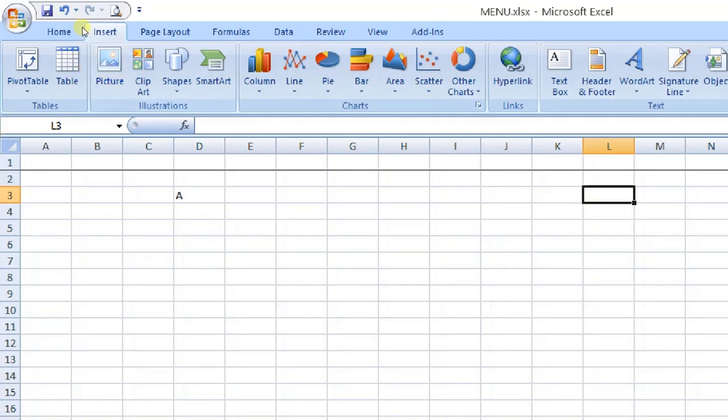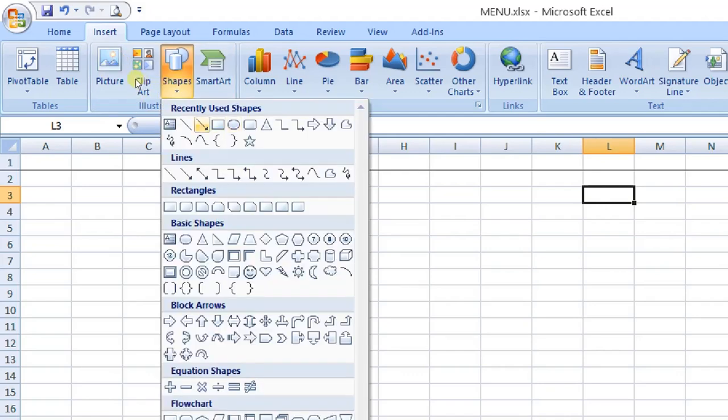Then the insert menu has illustrations. Suppose we want to add pictures from clip art or some JPG image, or shapes like rectangle, circle, triangle, different kinds of arrows, equation shapes, flowchart shapes, block arrows, we can add them from this option.